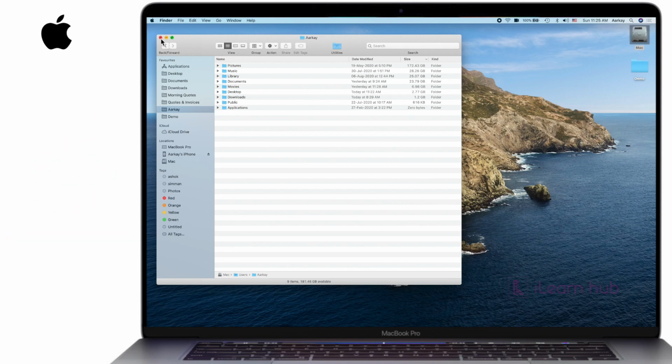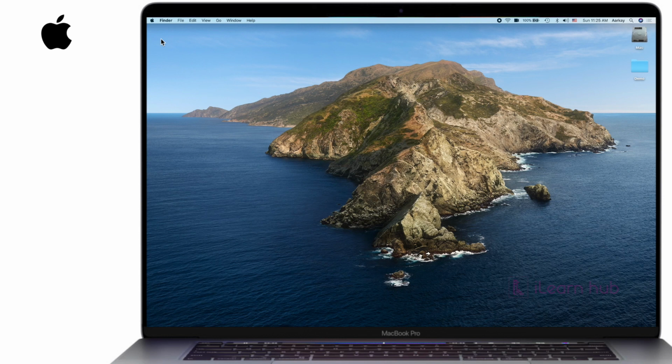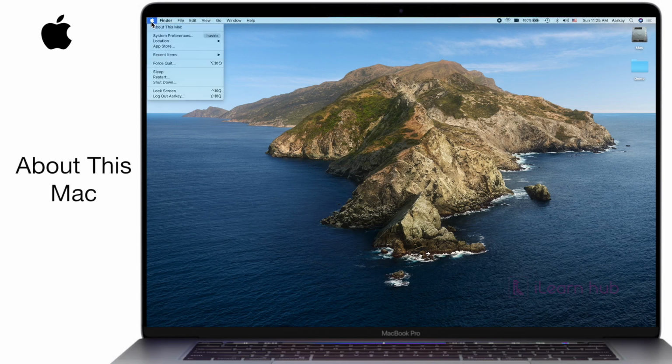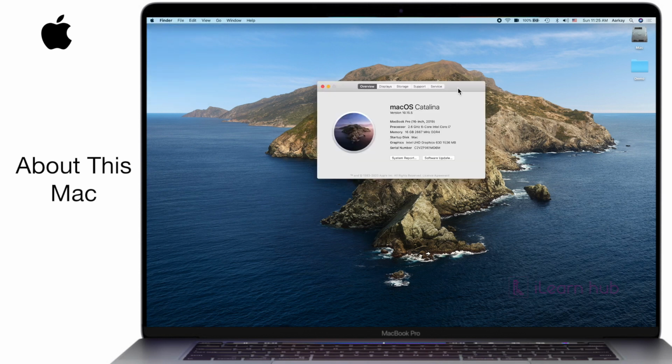So Apple has one built-in tool for recommendations, and that's what we are going to see today. Click on About This Mac, so that it shows your serial number, etc. We saw this one in one of the previous videos. So you can click on Storage.